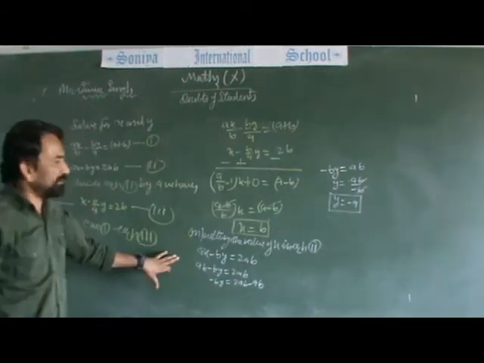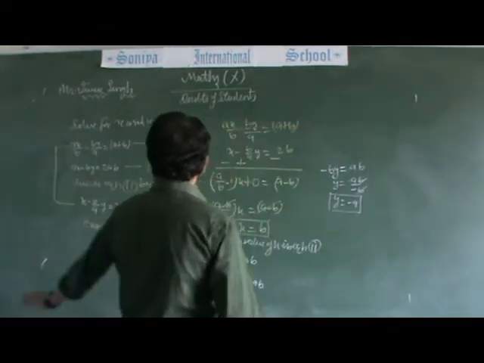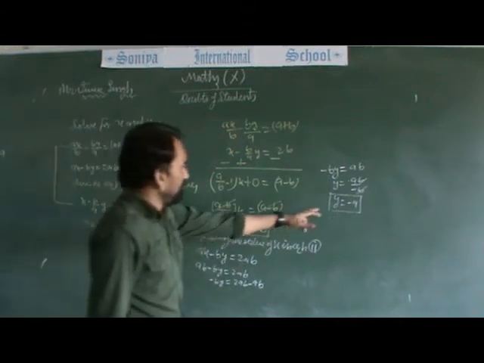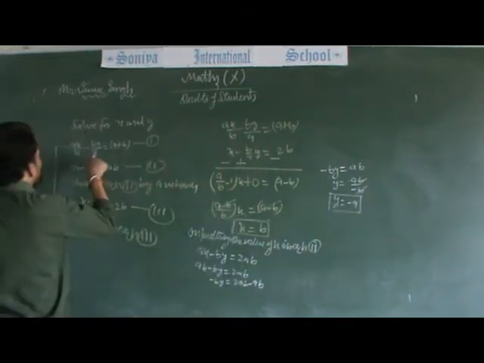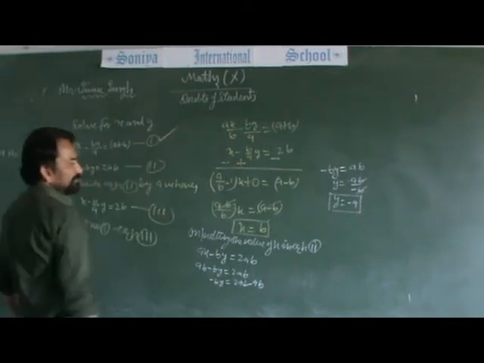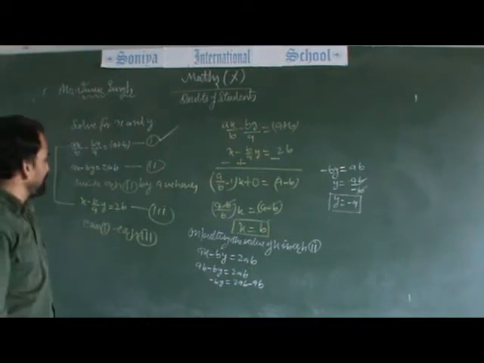And no need of seeing the answer. Just put the values found by you of x and y, substitute in the given equation. What is the value of x? b. When we put b here, b is cancelled with b, what is left? a. And what is the value of y? Minus a. Substitute minus a here. Minus into minus plus, a is cancelled with a. What we have? a plus b. Left hand side is equal to right hand side. Equation 1 is satisfied by the values of x and y obtained by us.